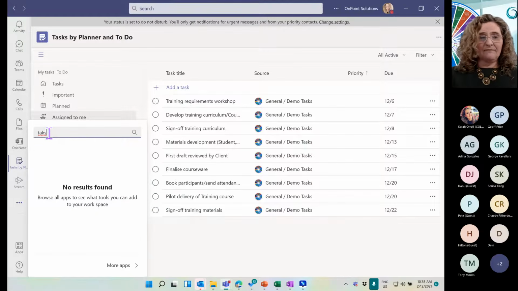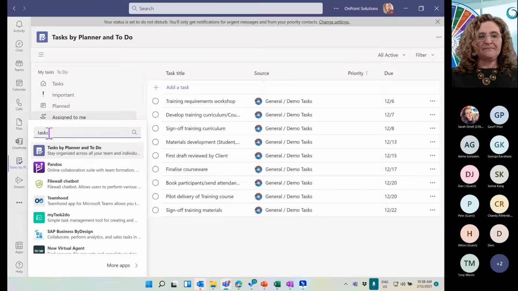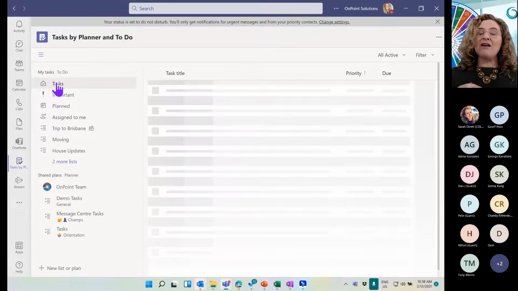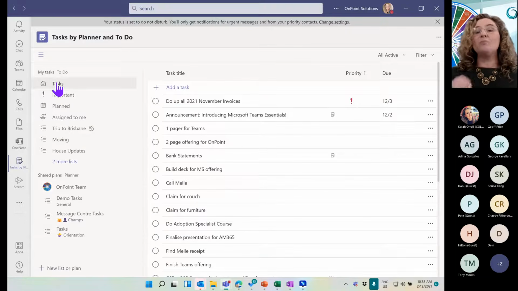Look, I've already put it in. Tasks by Planner and To Do. If your organization has enabled it, you should be able to find it there, so you can drop it down on the left-hand rail. That way it allows me to see the work that I need to do from all the different plans and tasks that are assigned, no different than the To Do app on my mobile phone. I've now got it where I go to do my work.